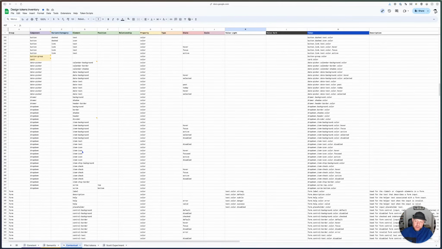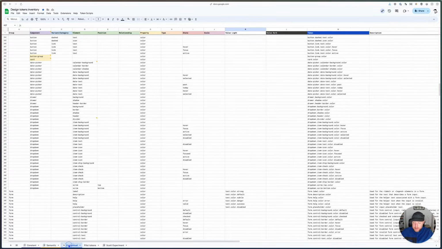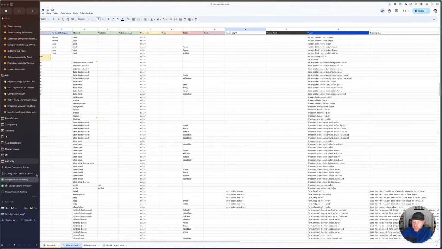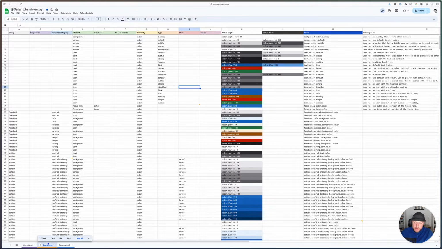So this was the first take, was really throwing in some initial semantic tokens that we knew would be used for background, border, text, some of the global defaults, for lack of a better term, just the most commonly used tokens, and then taking a true inventory of the contextual. But didn't want to stop there. And really, the value of tokens is their semantic qualities. And so, because of that, wanted to work on pulling out some of that intent and that meaning.